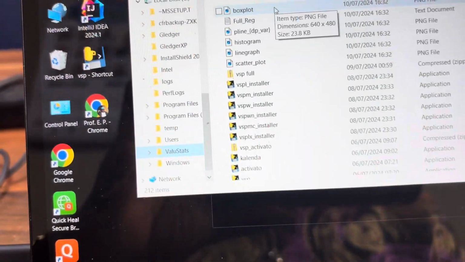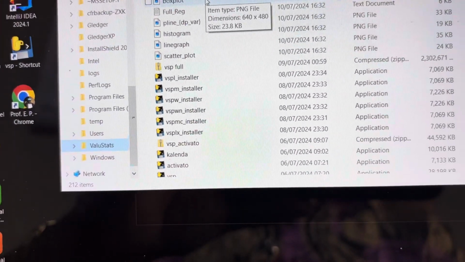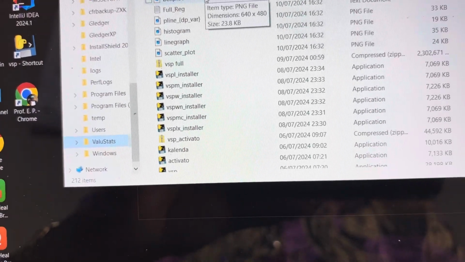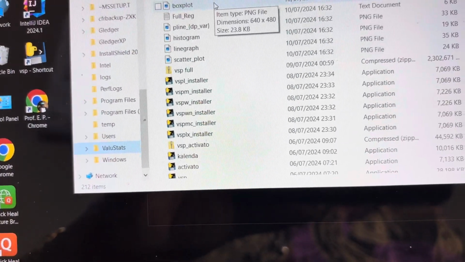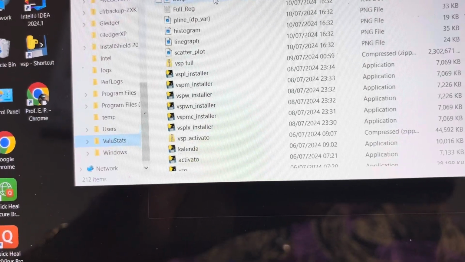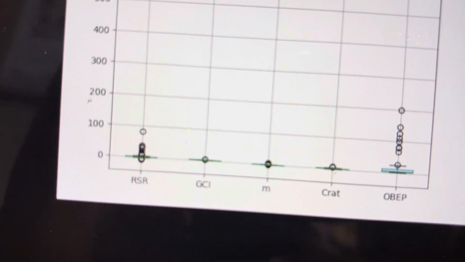Now let us look at the plots that were generated by the analysis. Now let's look at this. Okay, and these are the plots, the box plots, very small compared to